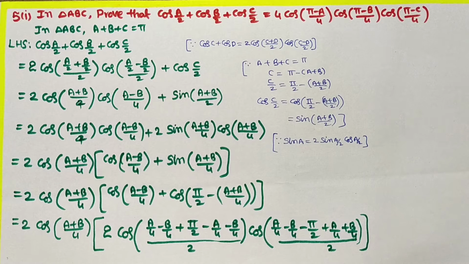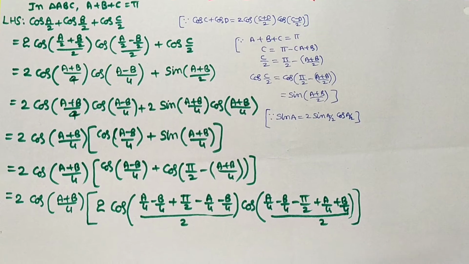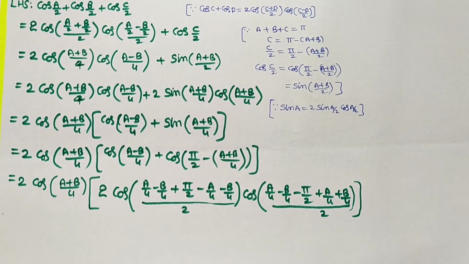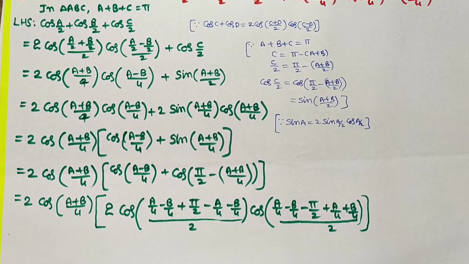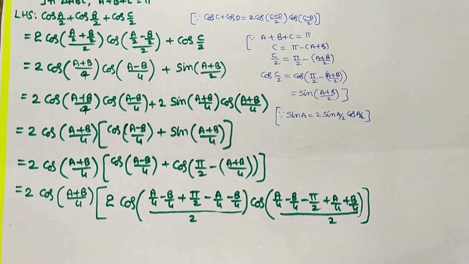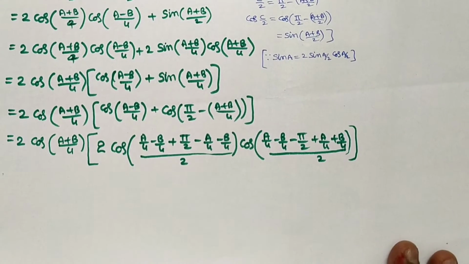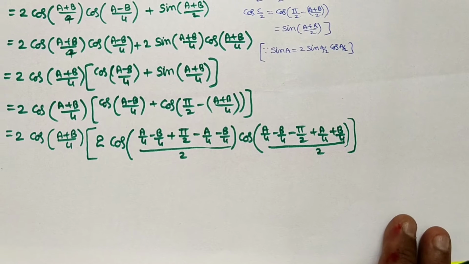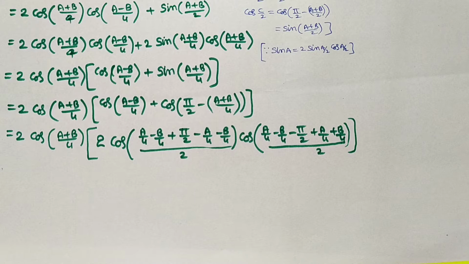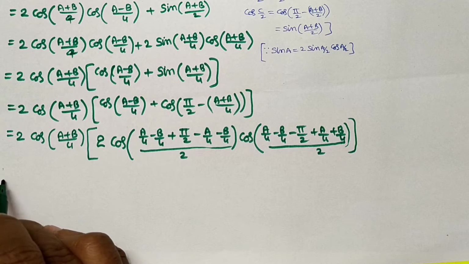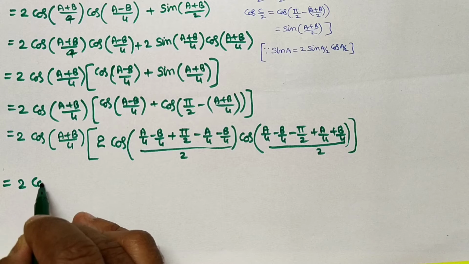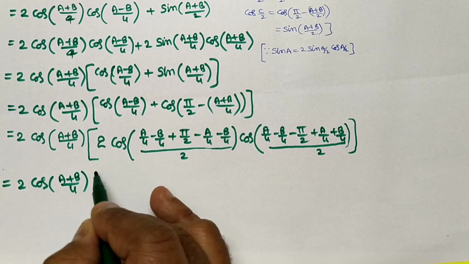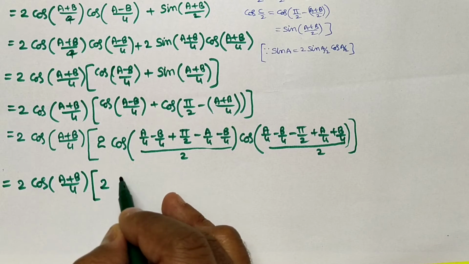After that, which is equal to 2 into cos of (a plus b) by 4 into 2 into cos of,